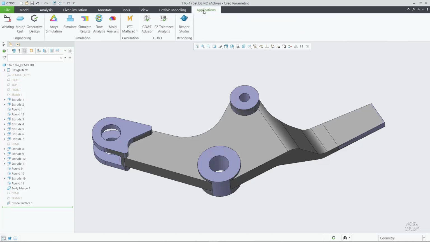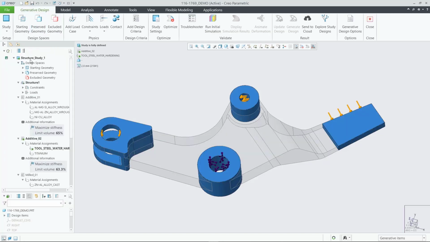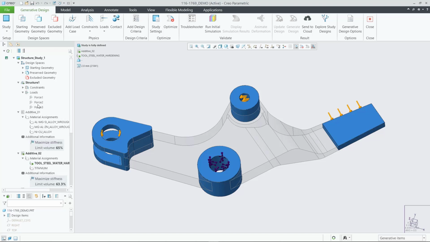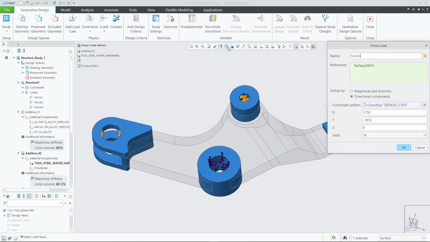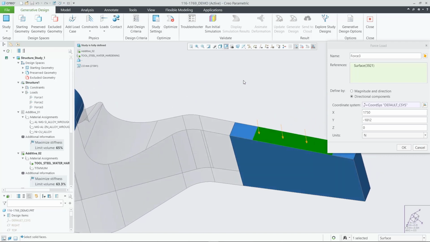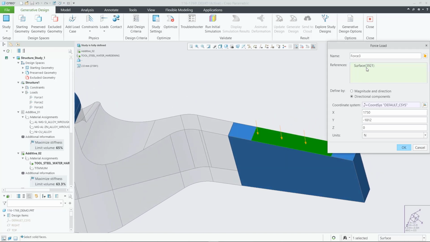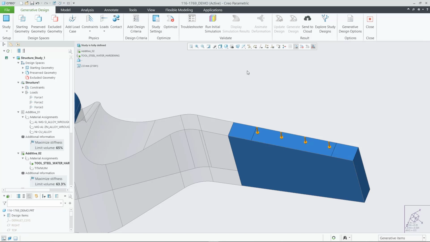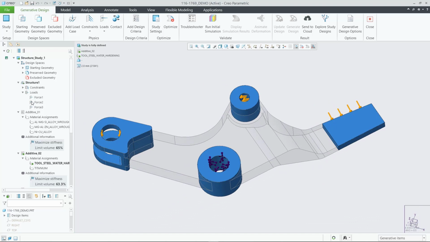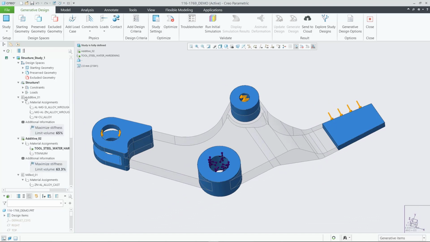So specifically, let's go to generative design. So generative design says, let's apply various criteria of material. What kind of material are we going to work with? What kind of shapes do I need to keep? And where am I going to apply some loads and constraints? So in this case, on that surface that we talked about, this divided surface, I'm going to specifically put a force load on there. And that's where this piece basically has to withstand, because that's what's being pushed on by the rest of the